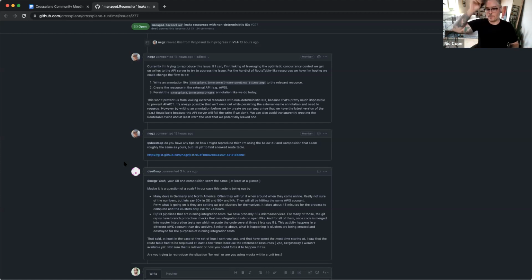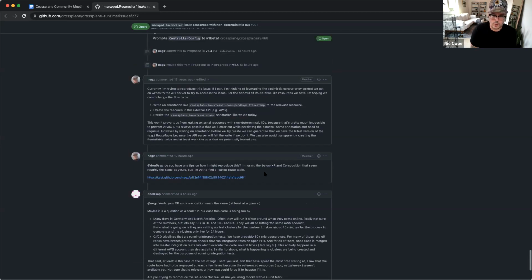So far, I have just been going through the debugging information that D gave, which was a lot to wade through. I tried to recreate this myself, and I believe I have. I ran a script that just spun up and down VPCs and route tables all night last night, and two route tables leaked after about 12 hours of constantly recreating stuff every 2 minutes. So it doesn't happen very much, but it does happen. And I have an idea, proposed in that issue, as to how to address it.